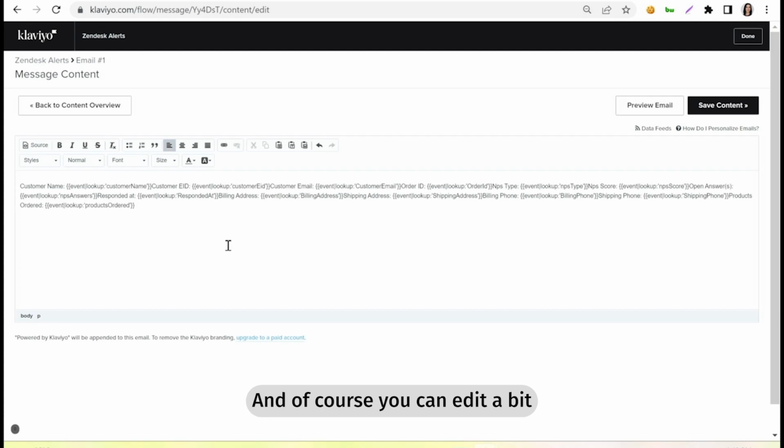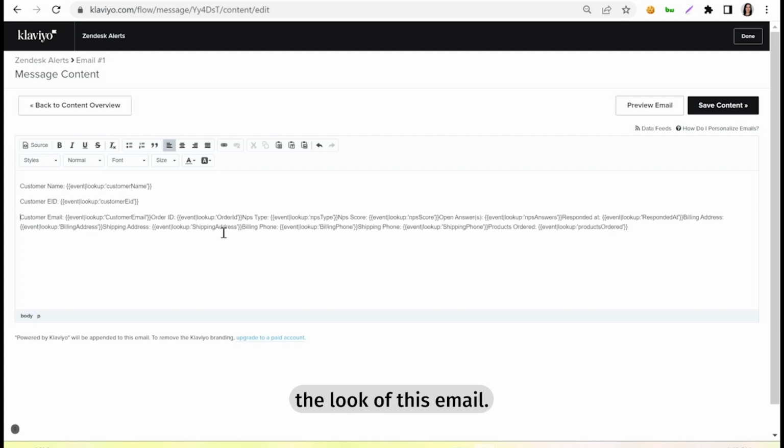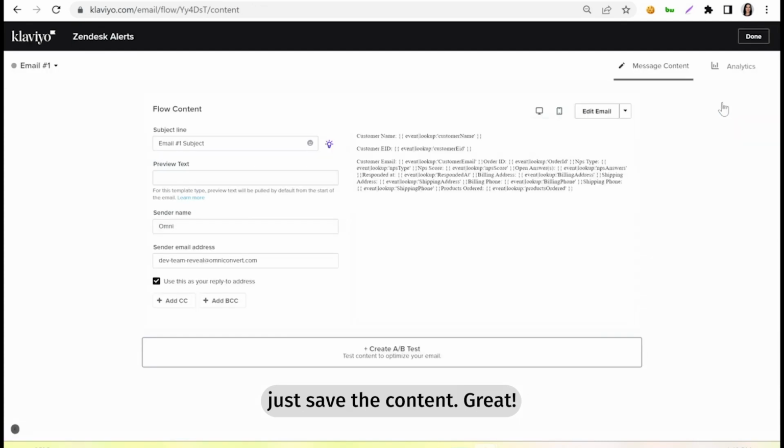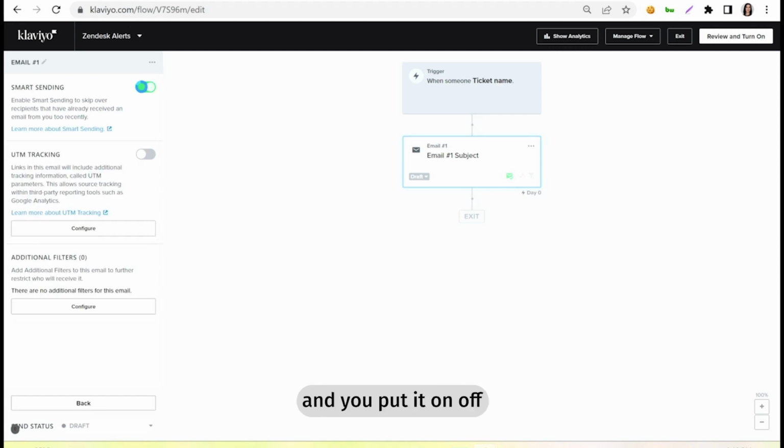And of course you can edit a bit the look of this email. Basically the email would be how the ticket will be sent into Zendesk. So you can edit this however you'd like, and when you're done just save the content. Great. Now after you save the content, go back. You're done. Make sure you disable the smart sending and you put it on off,